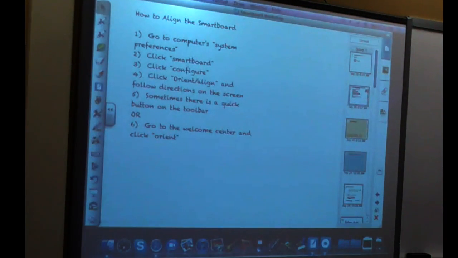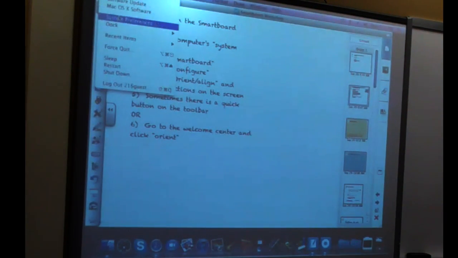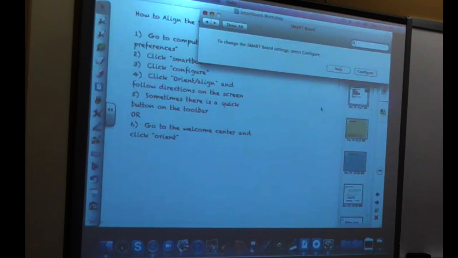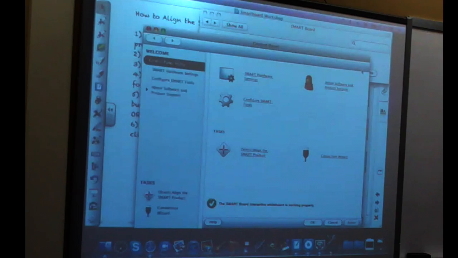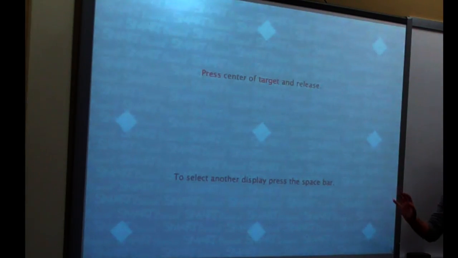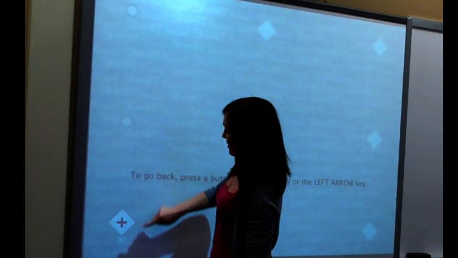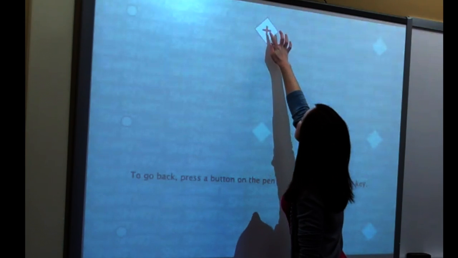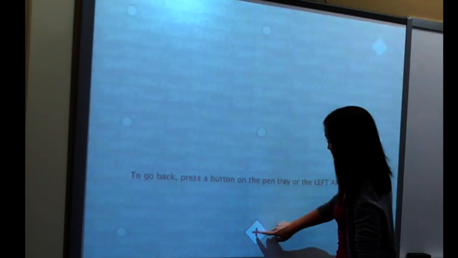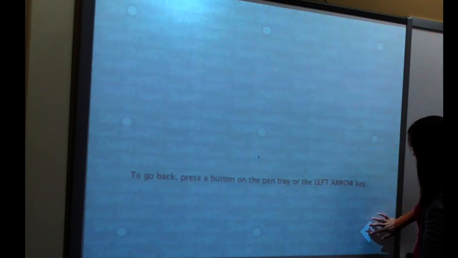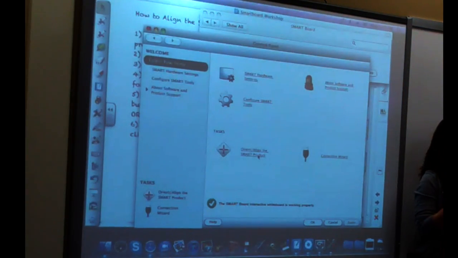Okay, so you'll go to the System Preferences. You'll click on the SmartBoard utility down here and click Configure. And then you'll click here where it says Orient or Alignment. And then on the actual SmartBoard, you push the center of each of these so that it can track your movements of the fingers or the pens or whatever it is that you're using